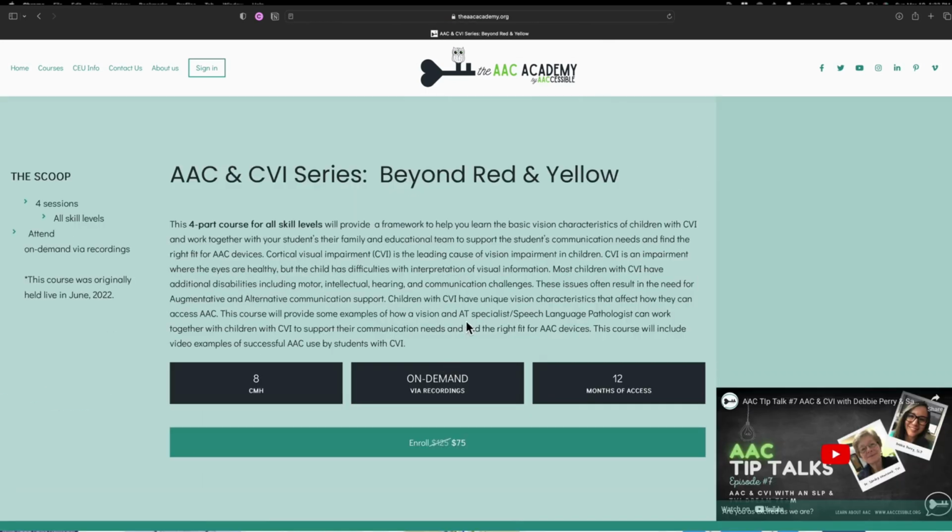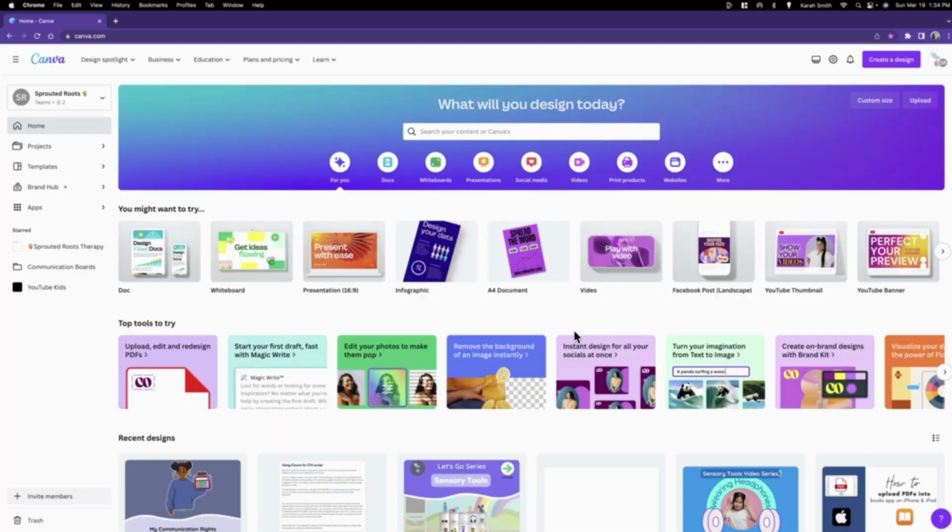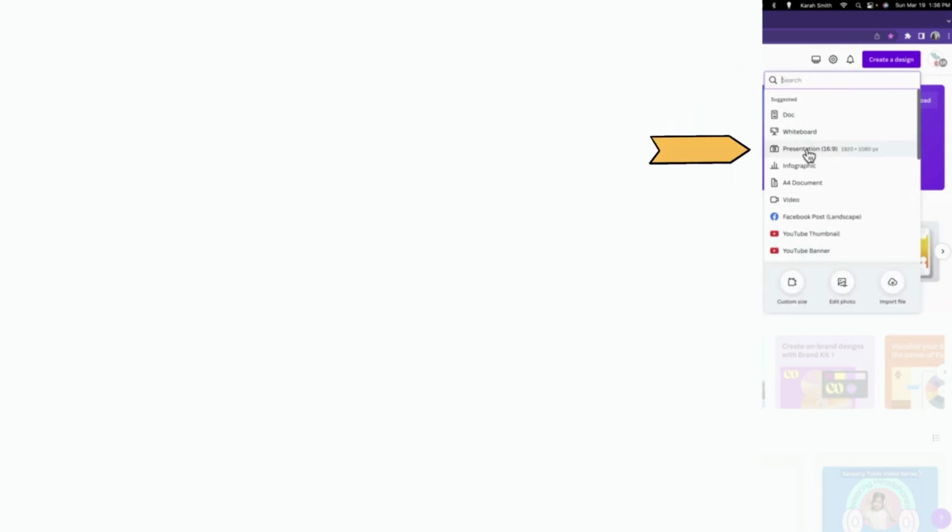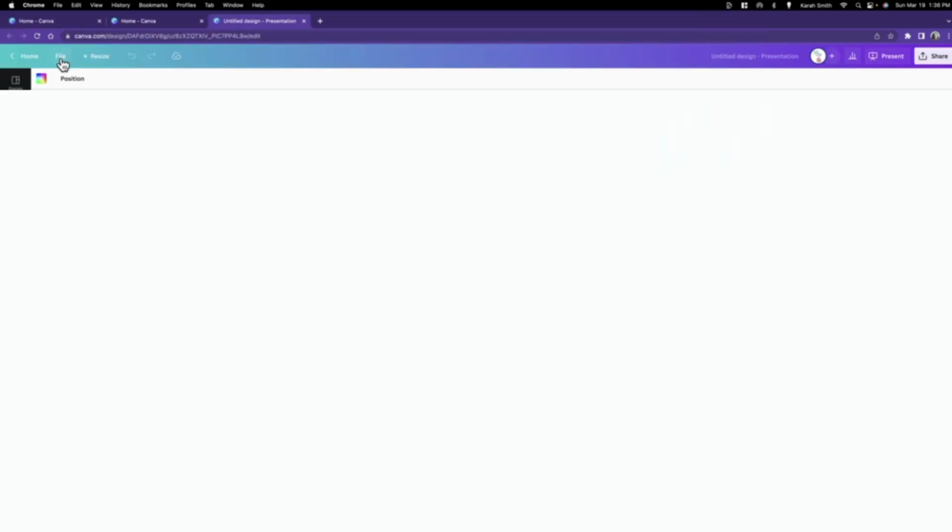Today, I'm going to show you how to create an alphabet animal book. To get started, I'm going to select Create a Design up here in the top, and I'm going to select Presentation. Once this is open, I go up here to File, and I rename my file to something that I'll